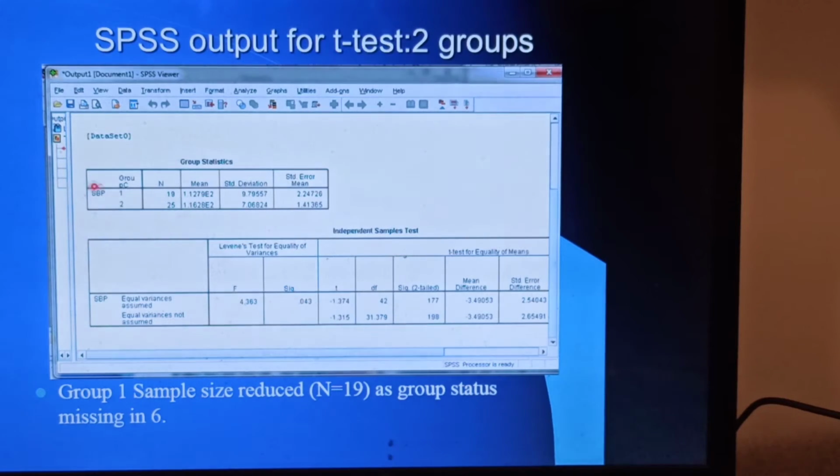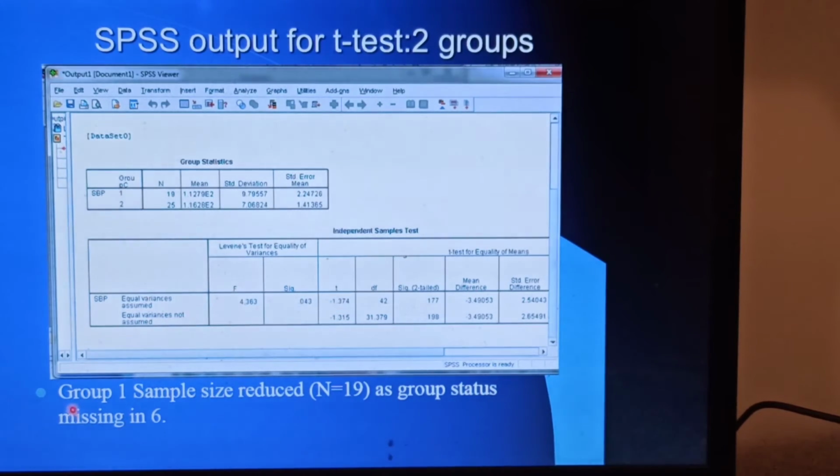This shows the means and standard deviation in both groups, and the test of significance. You have two p values here, significance here and significance here. How to read that? Which one is my t-test significance, and under what conditions do I take it?